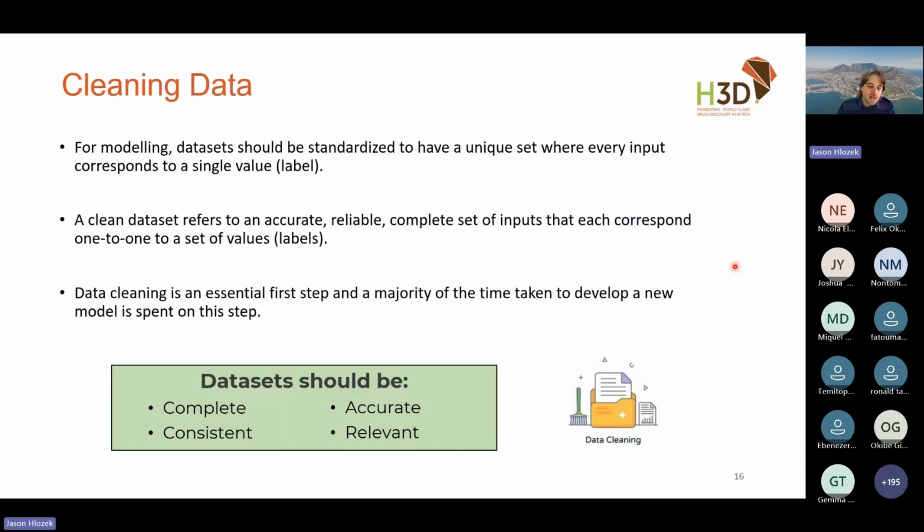Once you have your data, now you want to start going through the cleaning process. And what do we mean by cleaning? Well, in general, we're talking about concepts around these 4 points. There are some others, but these are the key 4, where we want our data set to be complete. So we don't want any missing values. We want our data to be accurate. So if there's noise in the data, that means it's harder for the model to learn what it needs to learn. And so you're going to get a less predictive model.